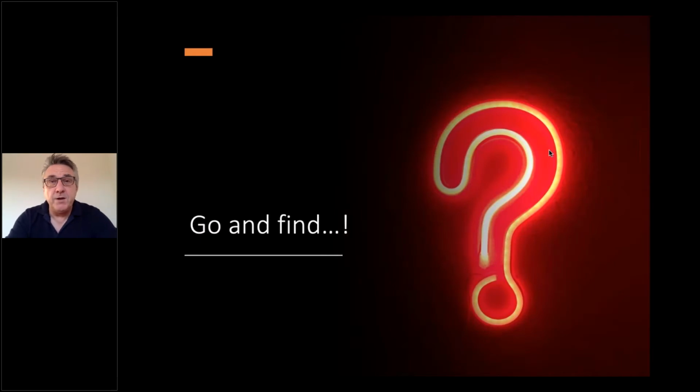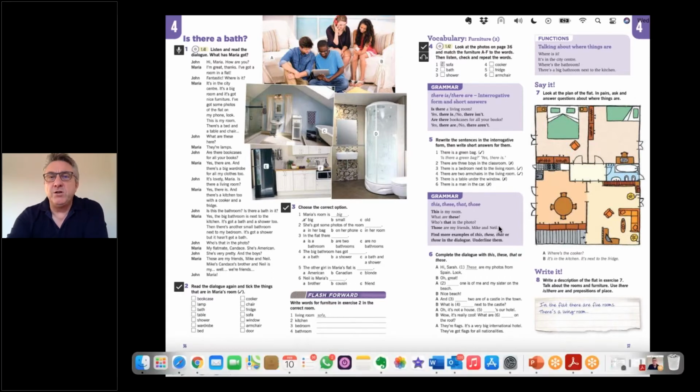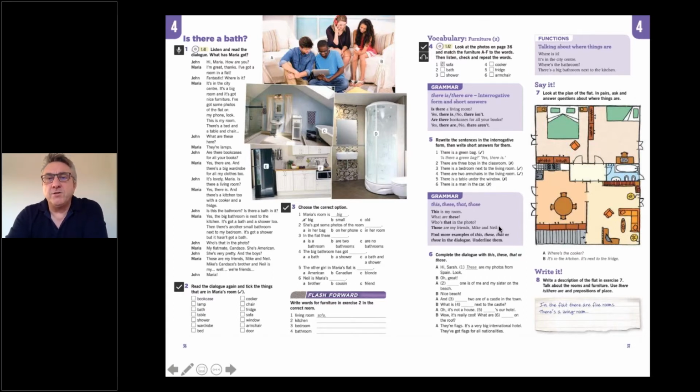It's become very popular. As soon as people were teaching remotely, we realized we can make use of the student's own home environment. And so here's one, what am I doing here? Here's a unit from a book called Flash, which is looking at rooms in the house. Again, it's doing what a course book has to do. It shows a dialogue here, it shows a little map, vocabulary, great.